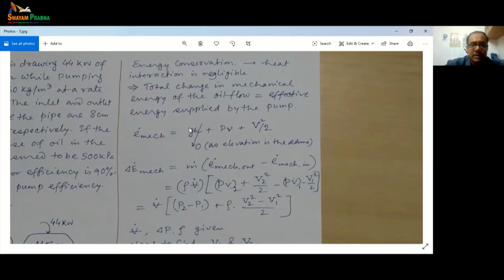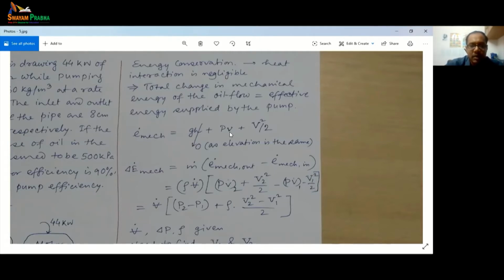It is the summation of the potential energy gh term plus the others, and this is per unit mass. So no density or mass flow rate is appearing. We are just considering, for unit mass flow rate, what is the mechanical energy content of the flow. So that's the first term gh, and then the pressure term, which is pressure into this small v. Small v stands for specific volume. So there will be a few v's.